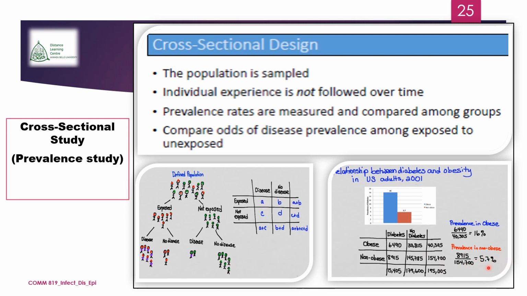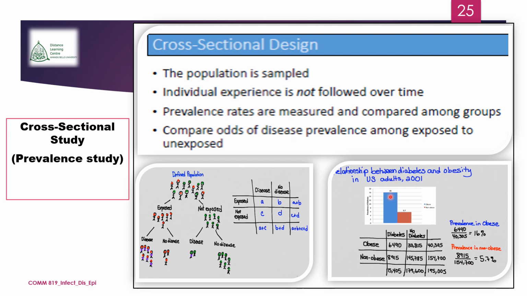So you can see the prevalence of diabetes is higher in those that are obese as compared to those that are non-obese. Okay, so now you can comfortably or objectively say that obesity is highly associated